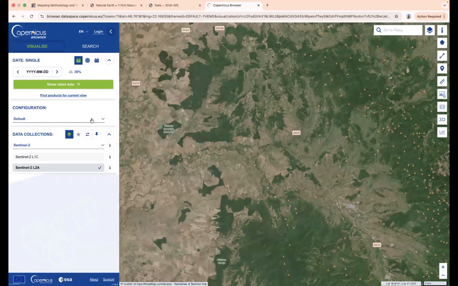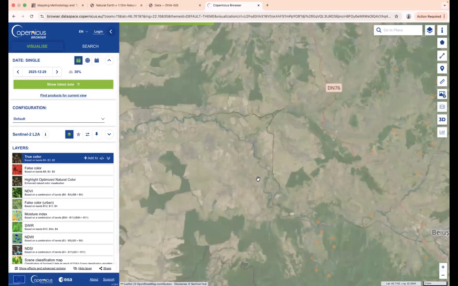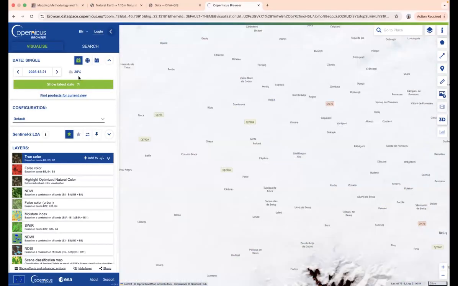Let's select Sentinel-2. These are the defaults. And so latest date, you can filter based on your date. In this area, let me zoom in further. Click again. So latest date, I can figure the